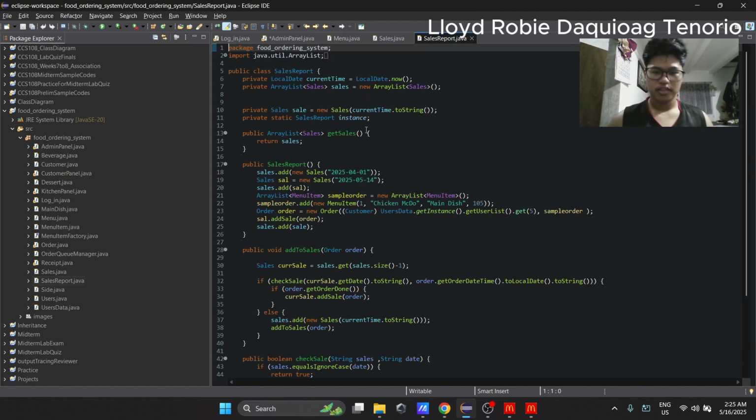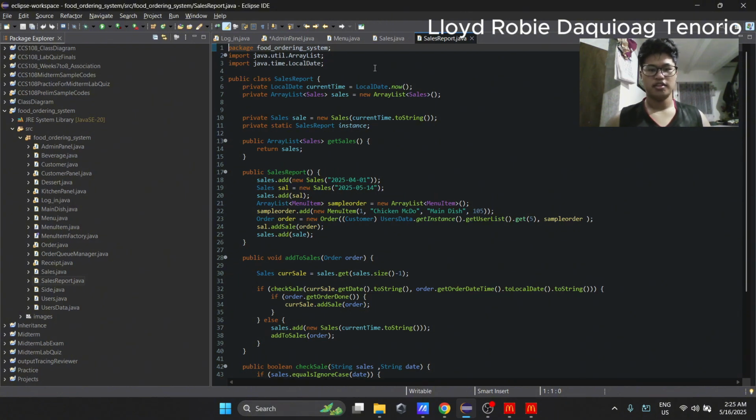So after I explain the Sales.java, I will now explain the SalesReport.java. Inside here we have an array list again, since the array list is where we store each sales object.